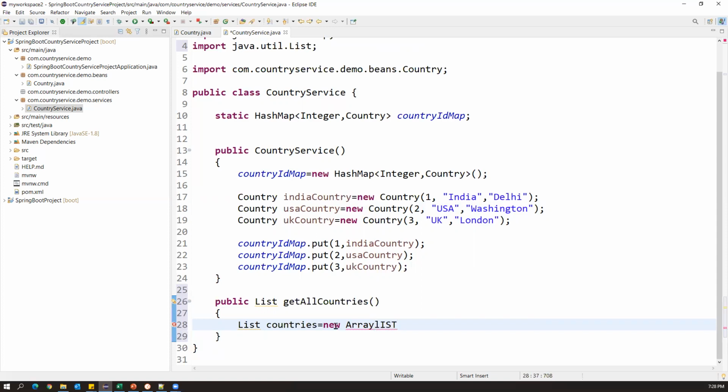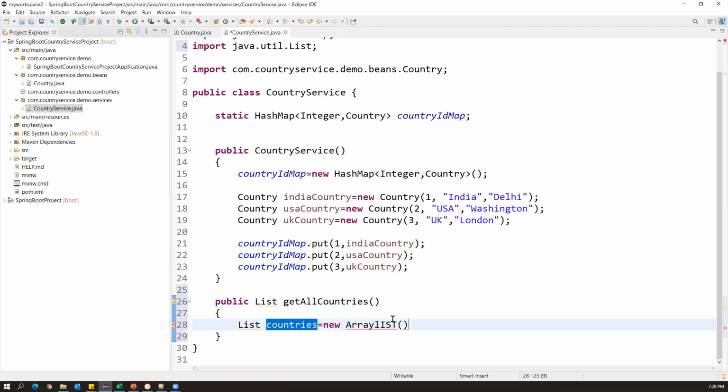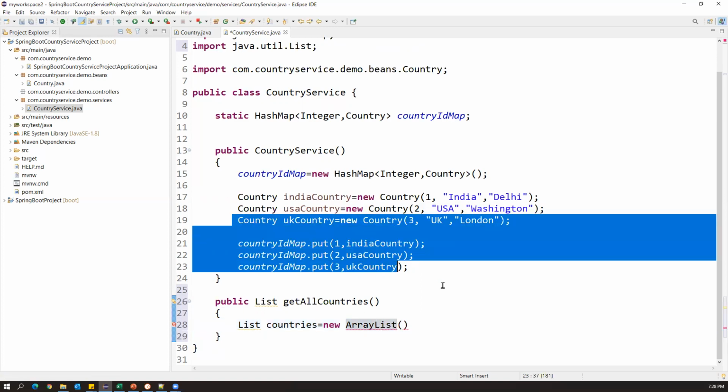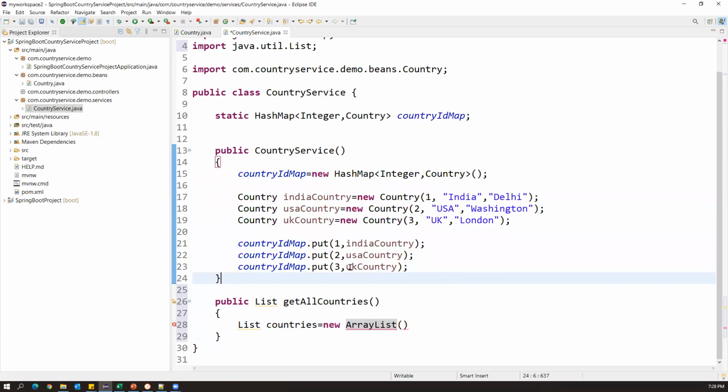Inside this array list, what values do we have in this hash map? I will add all the values in the form of a list, and finally I will return that list. So how can we add all the values? Currently all the values are in the form of a hash map, key and value pairs. Now I'm converting them into a list. Simply take the country ID map.